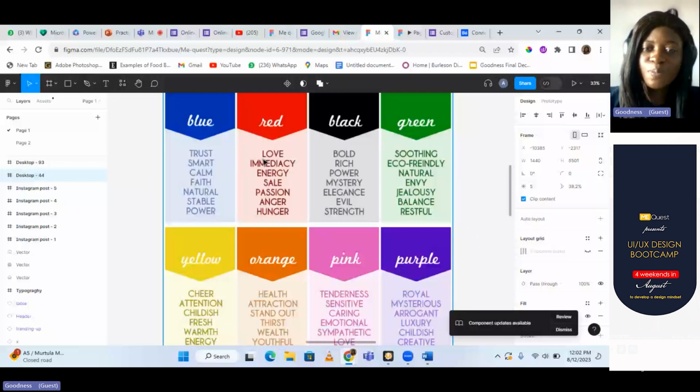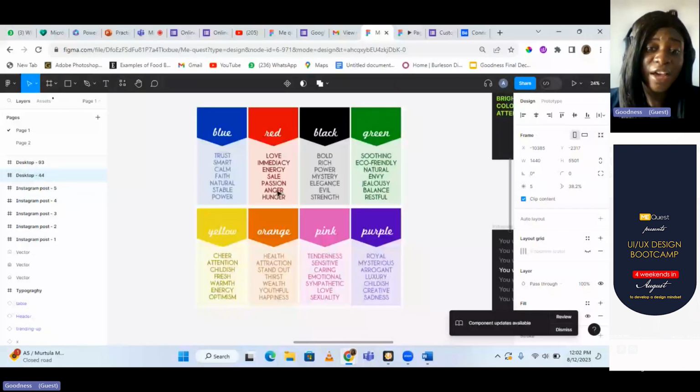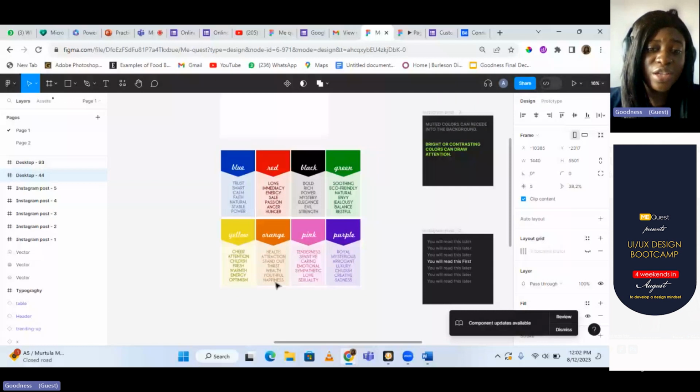Black: bold, rich, power, mystery, elegance, evil, strength. And all these colors signify a lot of things, right? This orange that I have chosen in this particular design signifies health, attraction, stands out, power, usefulness, and happiness. And from our user research, we were able to deduce that most of the people that are going to use this website are going to be youth,